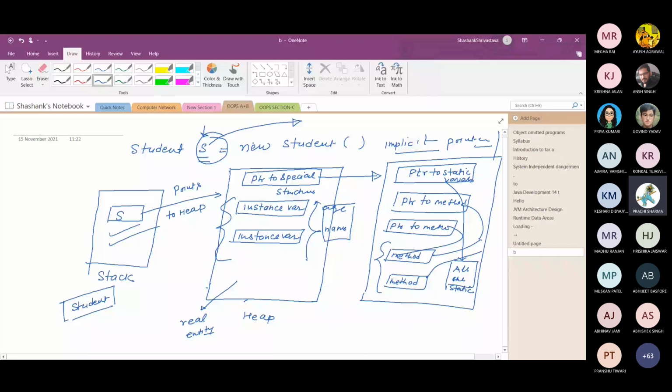But actually S is not an object. S is a reference variable which refers to a particular memory location where the object is created. Okay, you can refer to the very good book that is